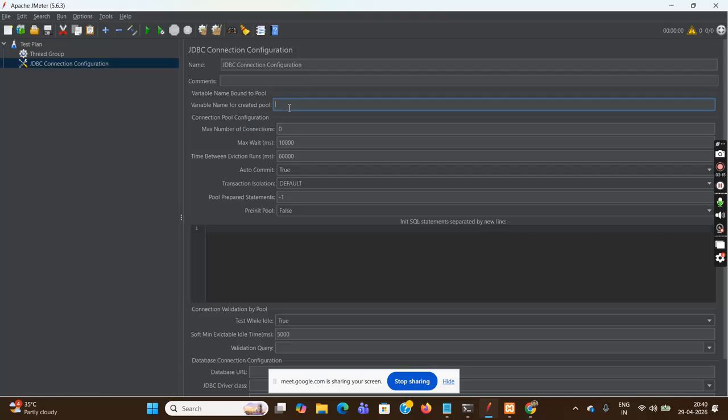You can give any name. I am giving the name, say, pool. Any name you can give. The defaults are being taken: the maximum, minimum, everything it takes on its own. No need to make any changes in it. Just give the variable name, whatever variable name you want to give. And then